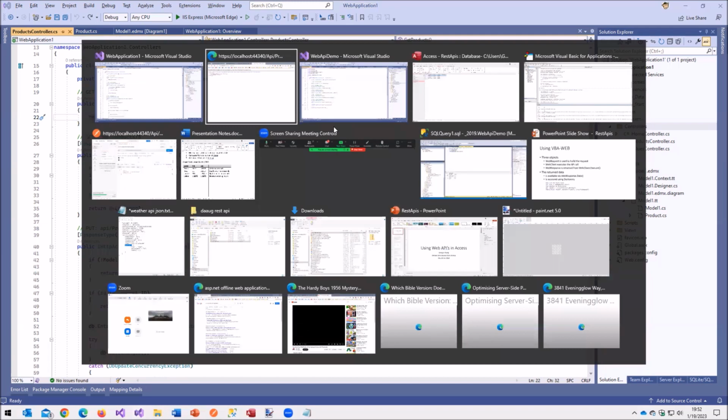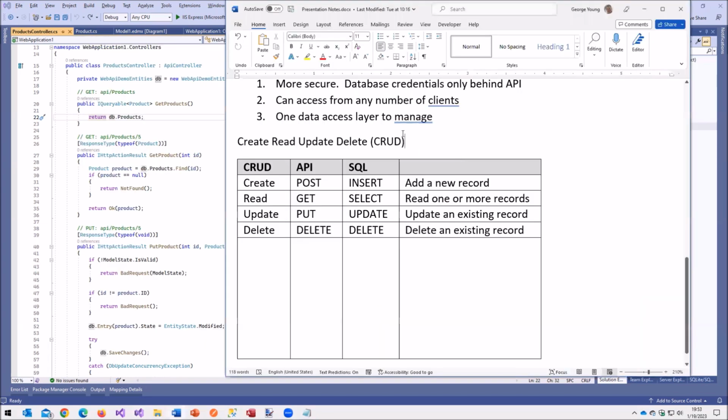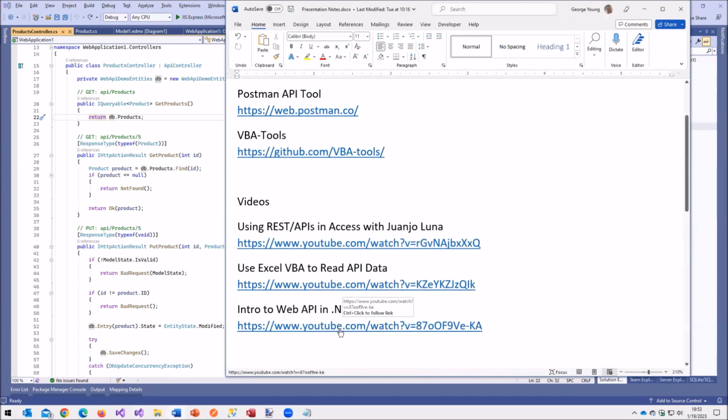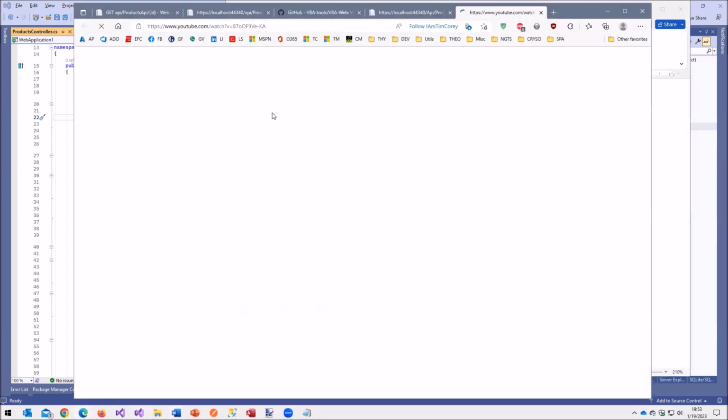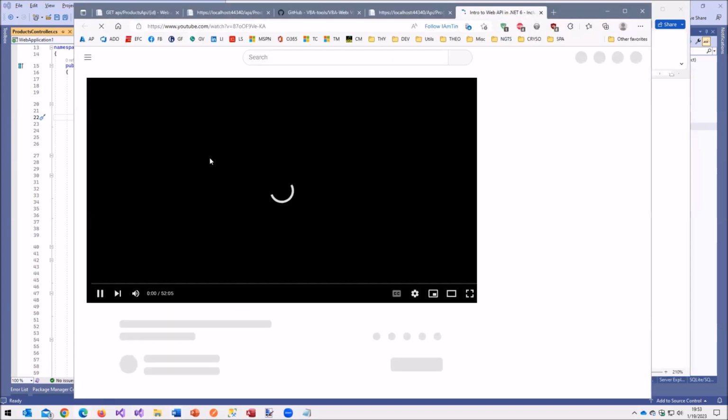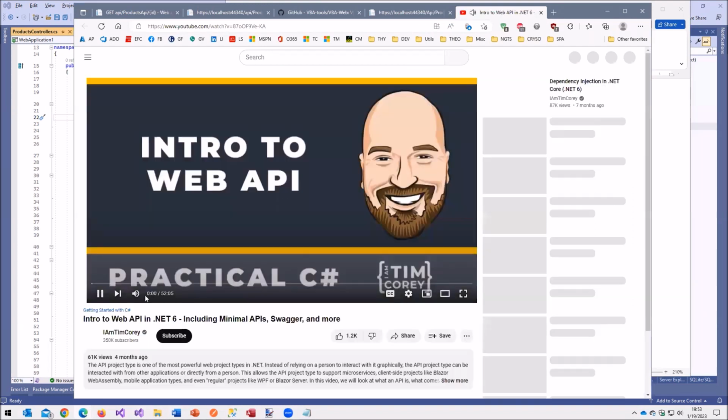You can also use a third-party add-in called Dapper, which is what Stack Overflow uses, which is a super high-speed way of getting data, either using inline SQL or stored procedures. I think he uses Dapper in this one.